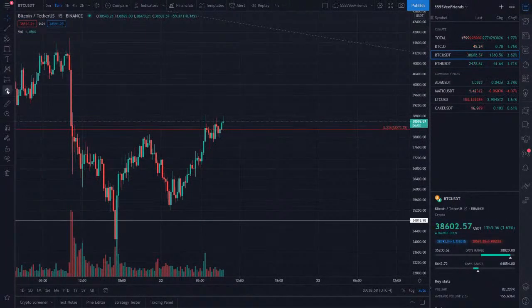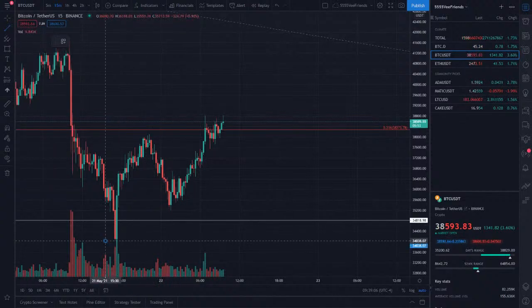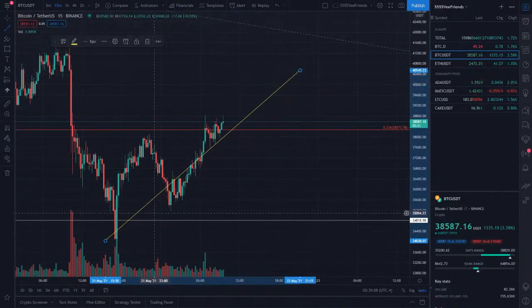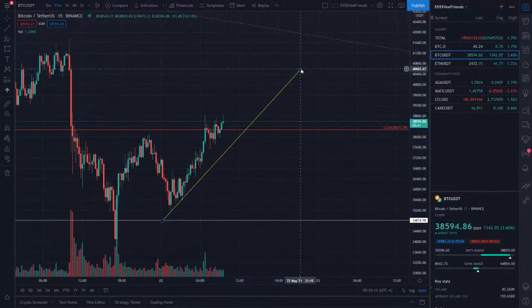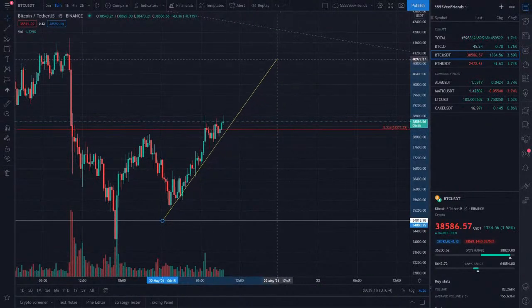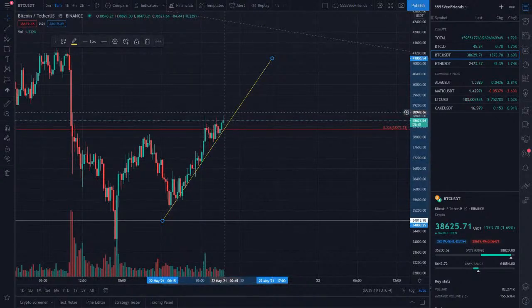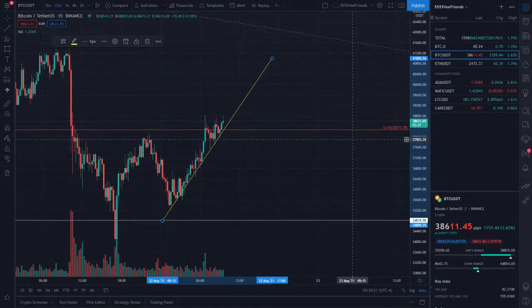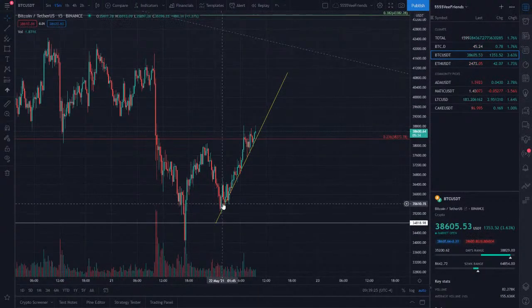If you wanted to, let's just say, confirm your own bias, and I don't really want to get into it too crazy here, but you could put a line here and say, hey, we're going back up to the moon, which helps. I mean, you can see there, this right here is very aggressive. That's very aggressive. So I'm going to leave that line there, we'll call this the aggressive line.